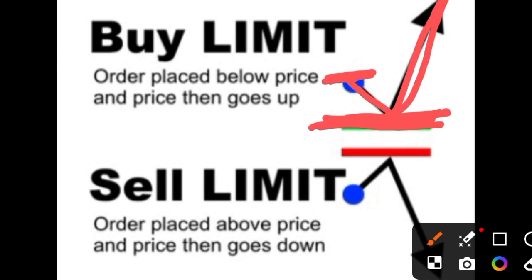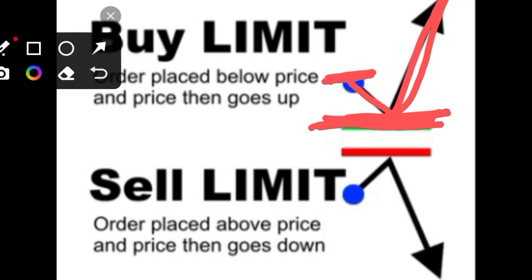So a sell limit is simply an order placed above price, and then price goes down, right? Let's say the same example, you were right here when you got on the charts, but you don't want to sell right at this place, you want to sell at a higher price, right? So you set your sell limit at the price at which you would really want to enter. And when price gets there, it gets triggered and then price starts coming back